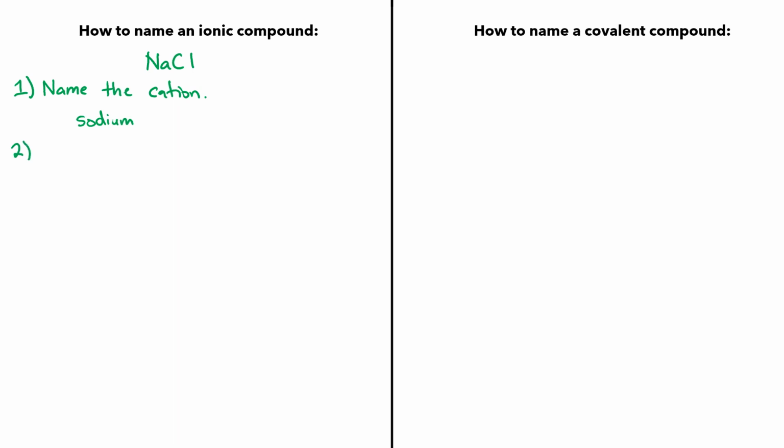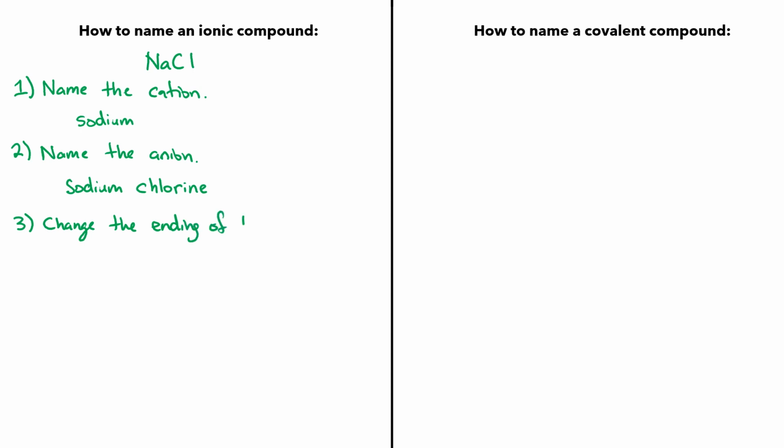Step 2, name the anion. What I have already is sodium. I'm just dragging it down to step 2, but the second part is Cl, and that's chlorine. Step 3, change the ending of the anion